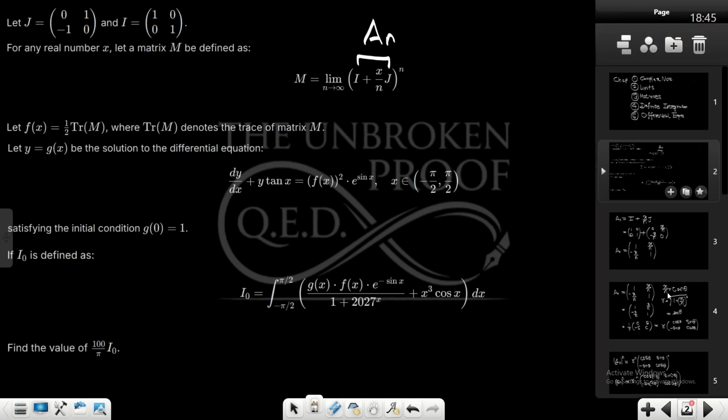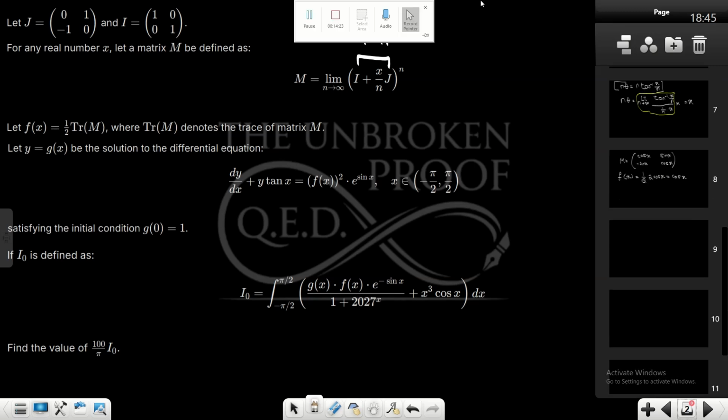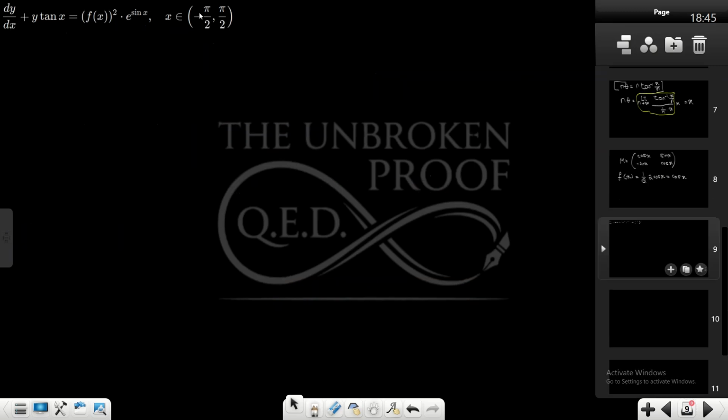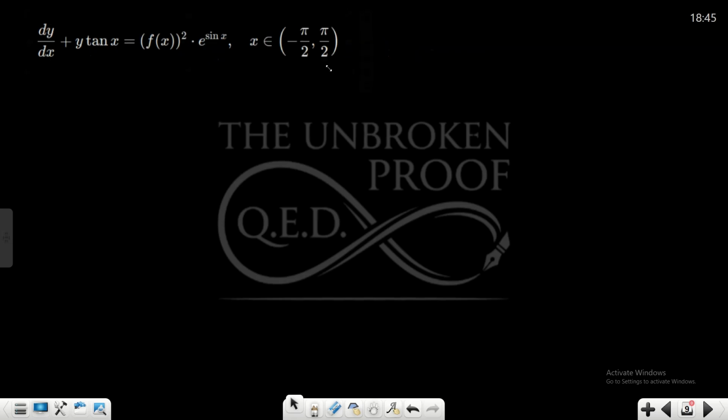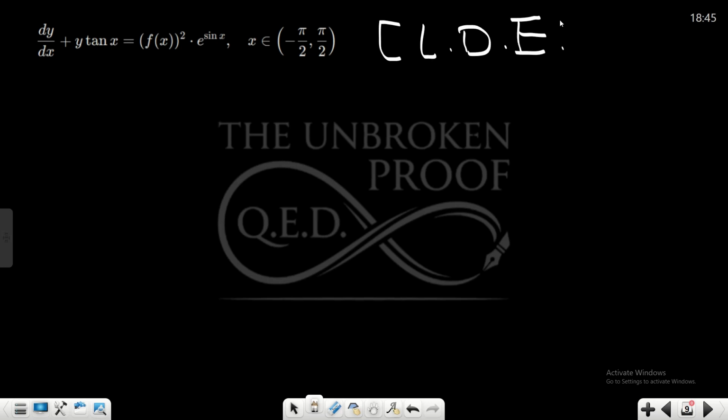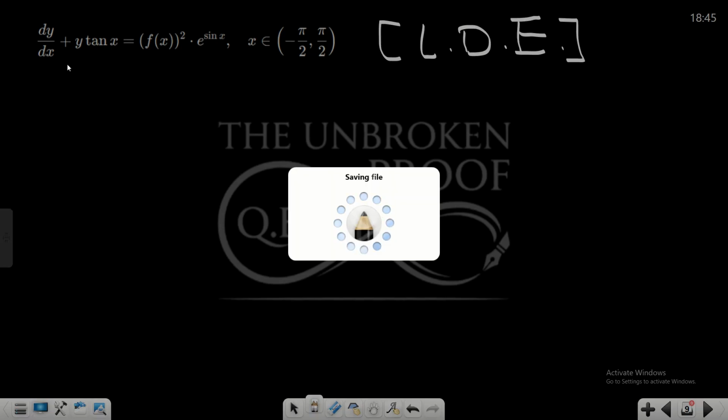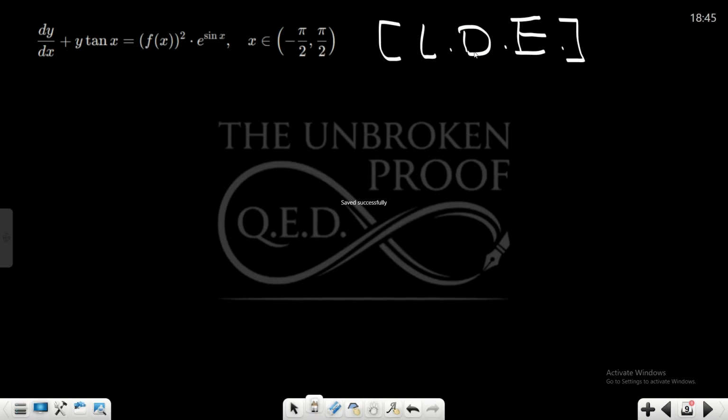Okay, let me copy paste this differential equation, and yeah, so I copy pasted it. Now we know f of x is cos x, so knowing that we can write the solution of the differential equation. We know that this is going to be a linear differential equation. Okay, if you read the chapter on differential equations thoroughly, the approach to solve such a problem is that